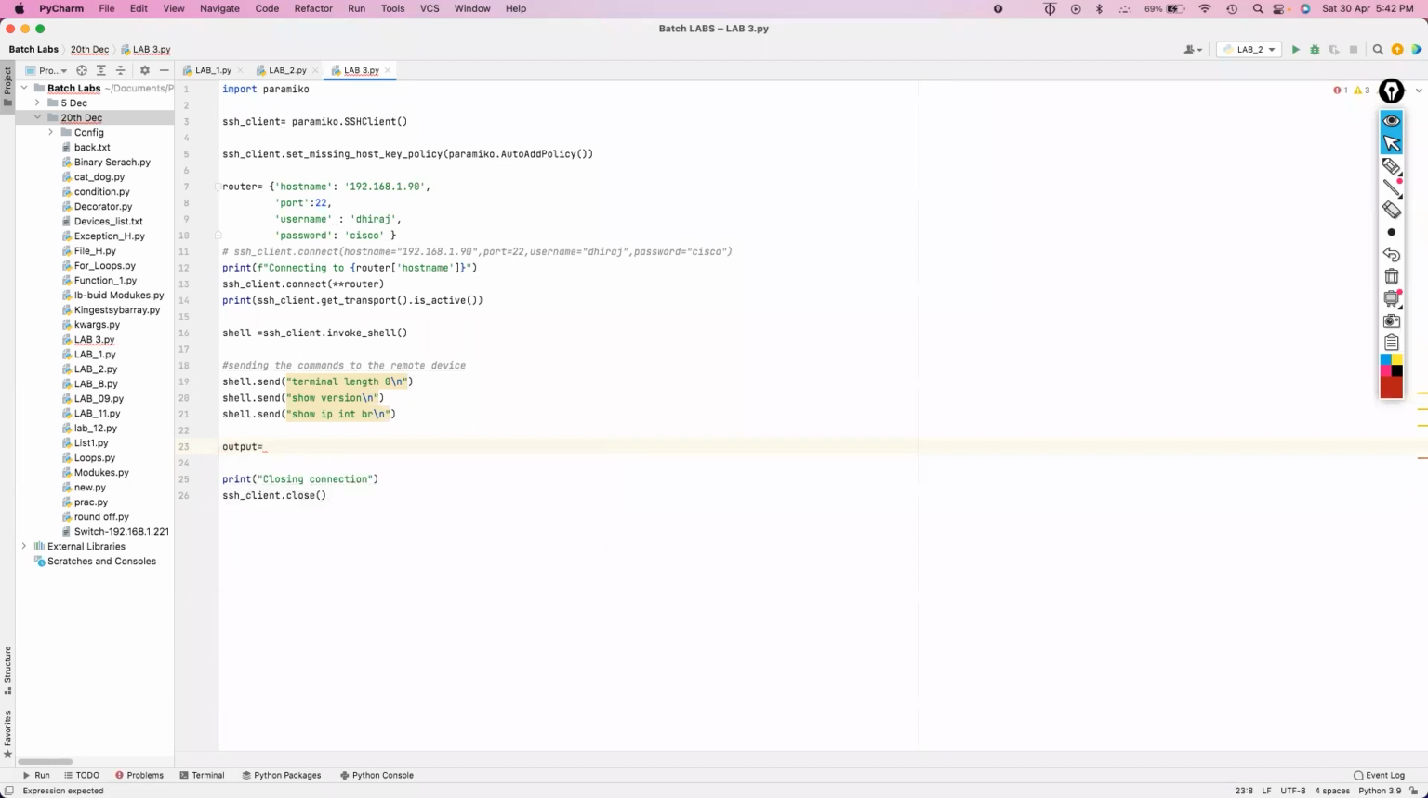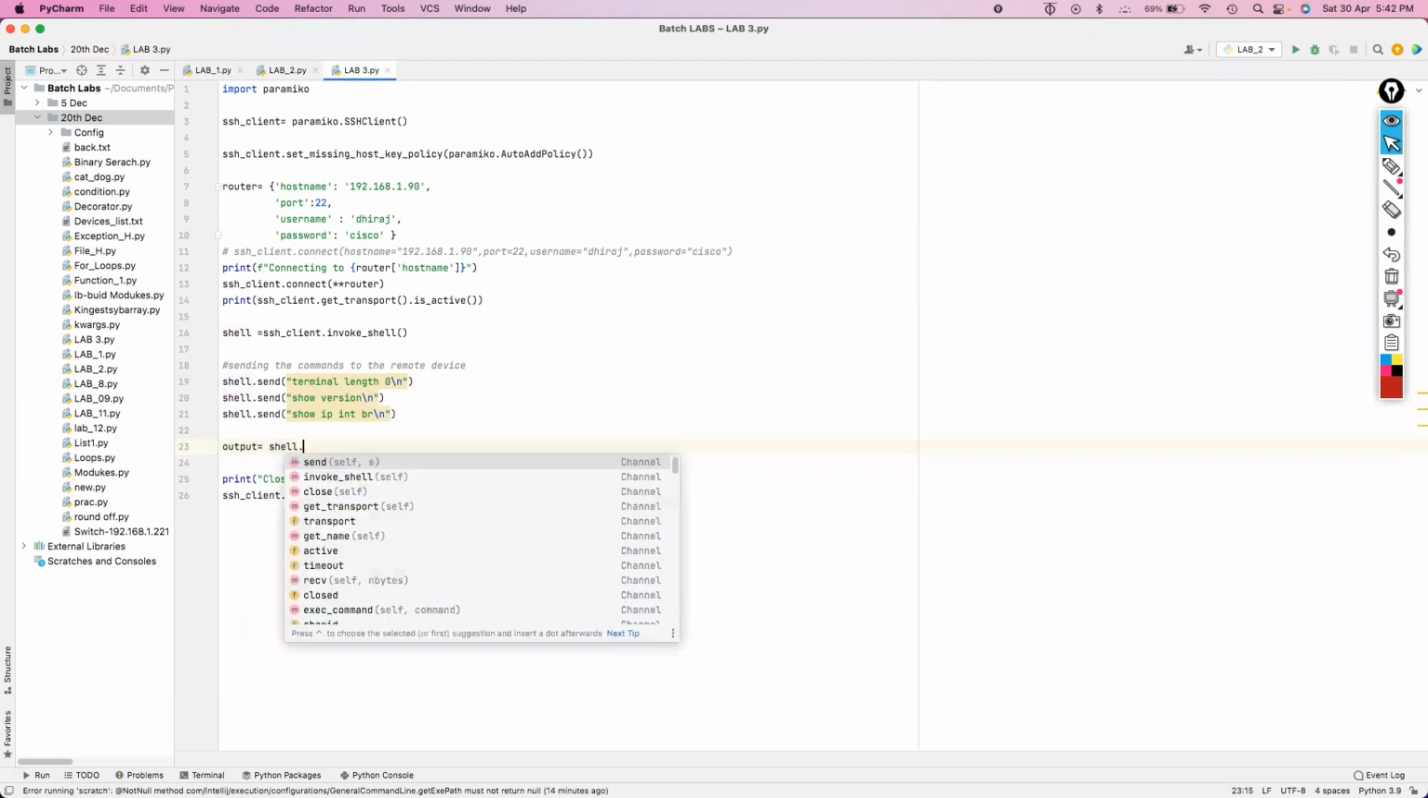Where will the output be stored, guys? In which variable? Like in telnetlib, we used to write tn.read_all. Here, what should I write? Shell. Everything will be in the shell because we are invoking that shell object. For getting that output, in telnetlib we have read_all. Here we have receive,